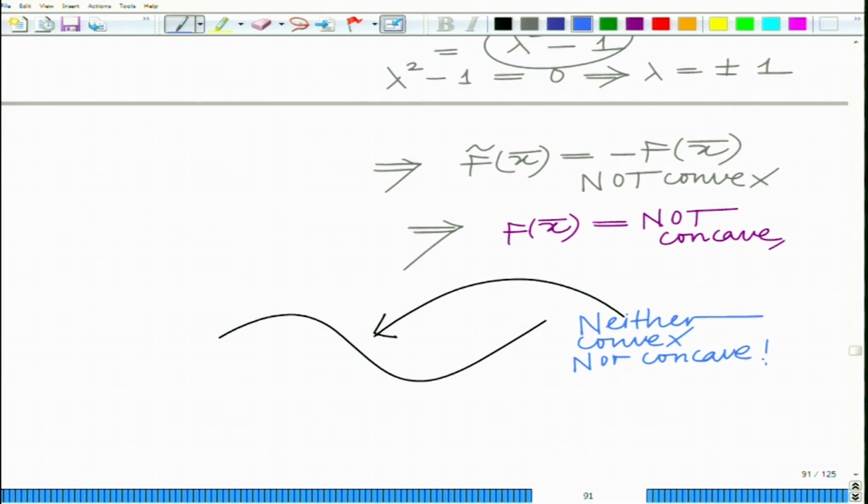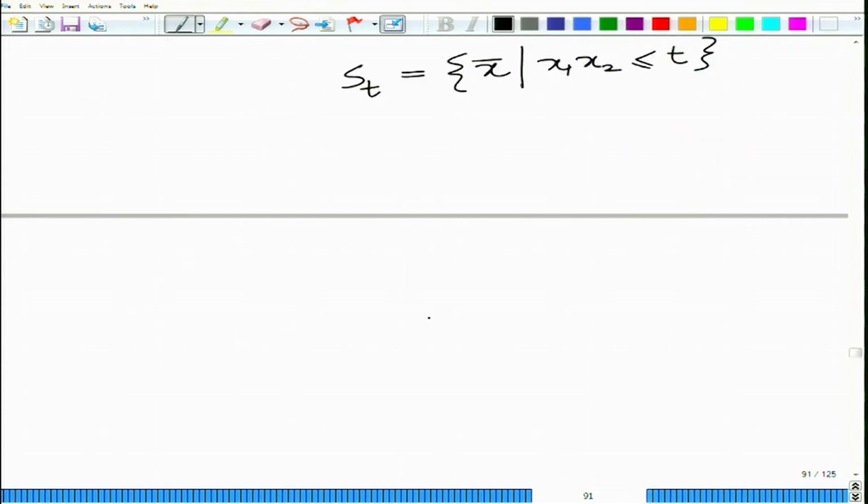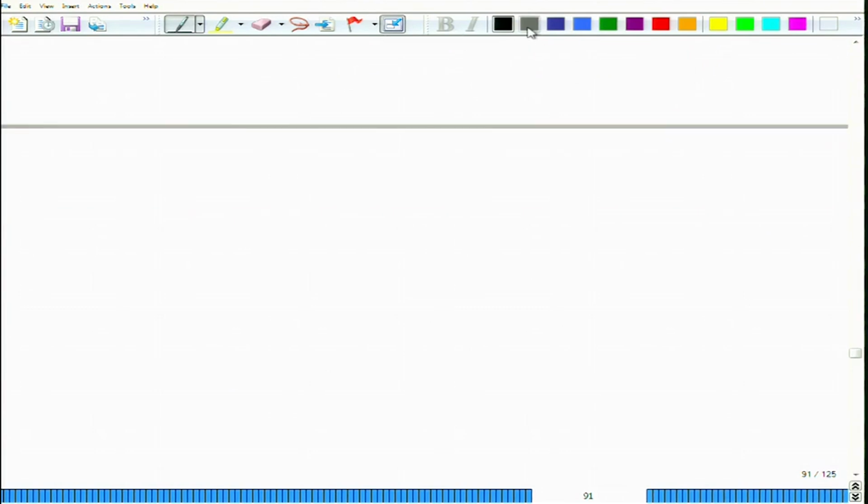Okay, something to keep in mind. How about quasi convexity? Now, for quasi convexity, remember you have to look at the level sets S of t equals x bar such that x1 x2 less than or equal to t. Now, if you look at the set x1 x2 less than or equal to t, what you will observe is that if you plot this,